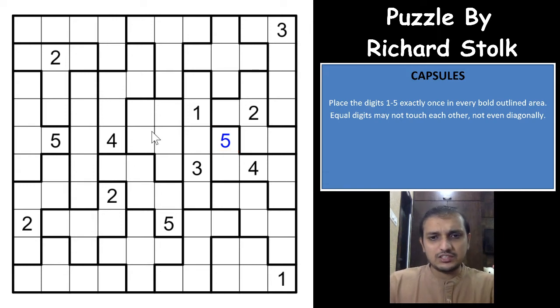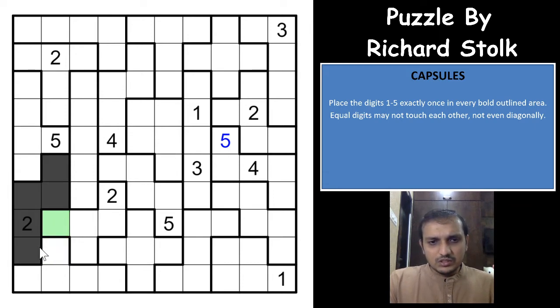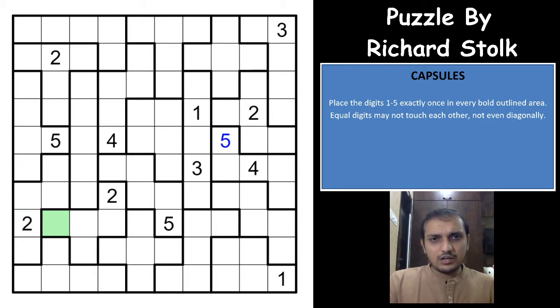The next important logic is you will have to look out for such cells which are... I'll just show you what I mean here. For example, if you see this cell, whatever digit you have here in this region, so let me take another color here, that would be easy for us to see. So whatever digit you have here in this region, where can that digit be? Because a digit cannot be placed diagonally as well, the same digit, that digit will have to be this. So you have to mark out such cells which will have same digits in different regions, right?